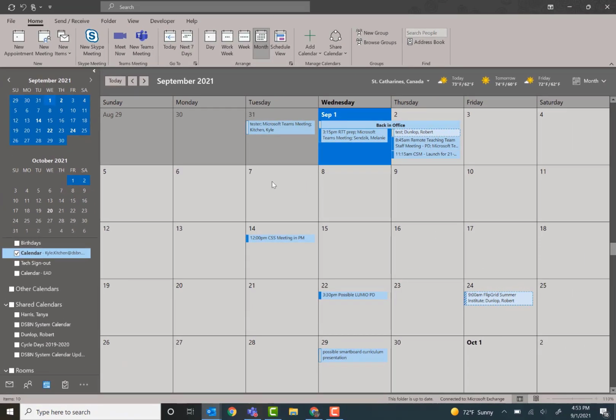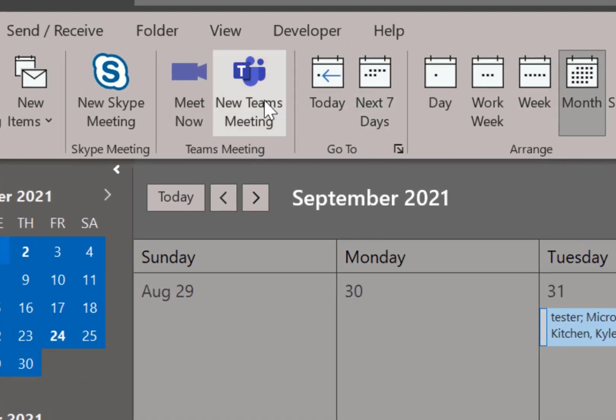And here's what we're going to do. For everyone, we're going to put this on September 7th. It doesn't really matter what date you choose, but the reason we're doing it on September 7th is that if you need to change anything in your meeting, you'll always know where it's been posted. So we're going to click on September 7th, and we're going to go up to New Teams Meeting. So we click that,